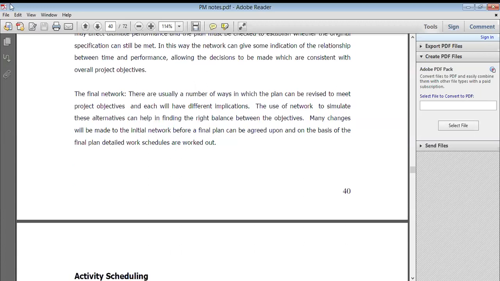Final network means when you have completed all activities A, B, C, D, whatever the group, phase A, phase B, phase 3, group A, group B, group C. So finally means daily basis networks, quarterly, weekly basis, everything. If we calculate a quarterly base network, you need to check your daily base network.